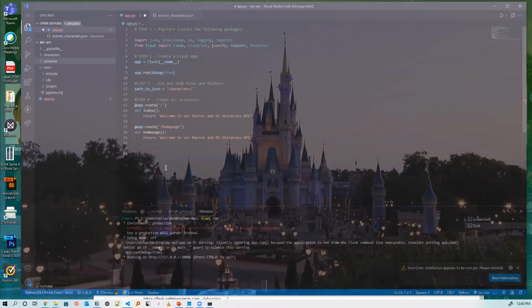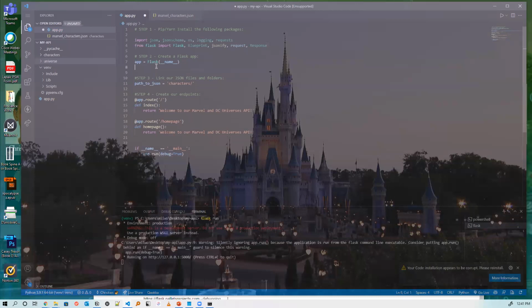That'll be if __name__ == '__main__': app.run(debug=True). Okay, so this is how we do it. If name main, app.run debug true. Thank you, Volmi. Thank you, Jennifer,